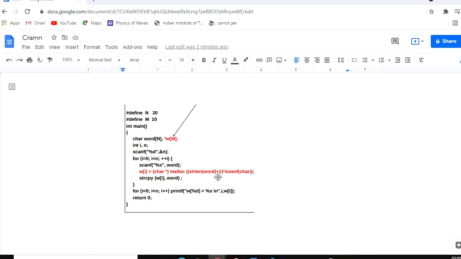Each row gets allocated separately in each loop, and in the end we just copy the word we had taken as input into w[i], which is each row of the 2D array. So finally we have w, which is basically the 2D character array we wanted to have.